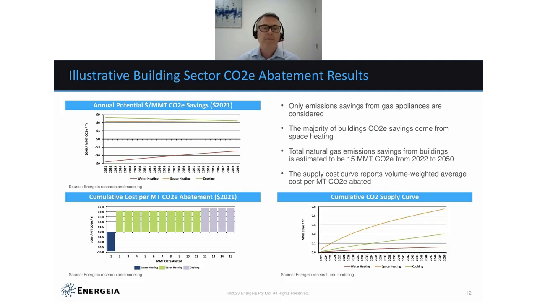And for a given year, it's going to be very different depending on if we're looking at 2030 or 2035 or 2025. What we're showing here is on a present value basis, that there's a certain amount of water heating abatement that could be achieved per year, and it's at a negative cost, just because it's cheaper in this environment given the alternatives. Then you've got space heating, and then you've got cooking as a slightly higher marginal source of CO2 abatement.